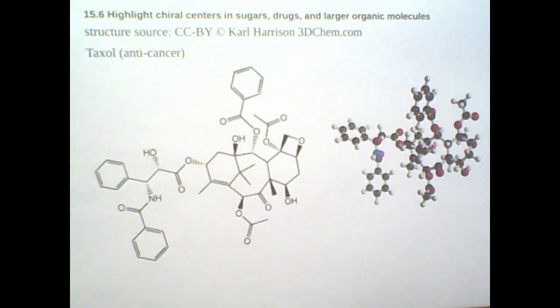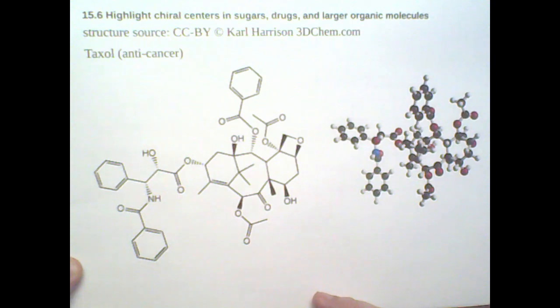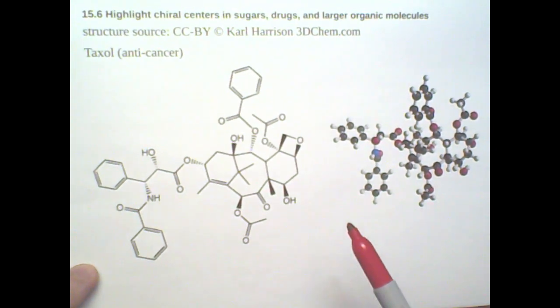This is the third video identifying chiral centers in more complex organic molecules. This is the same molecule represented in two different ways. One is the skeletal line angle structure. The other is a three-dimensional ball and stick model. And on close inspection, these two are actually mirror images of each other, and I'm not sure why that's so